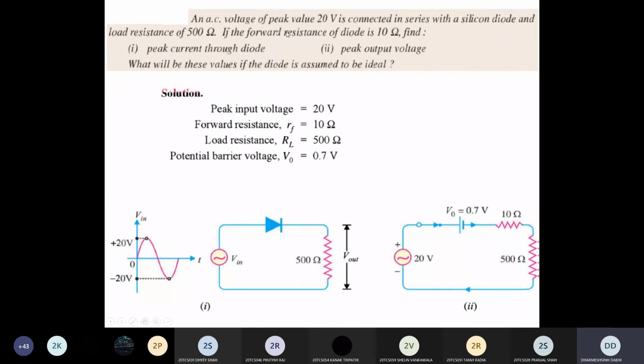First of all, an AC voltage of peak voltage 20 volt is connected in series with a silicon diode and a load resistance of 500 ohm. If the forward resistance of the diode is 10 ohm,